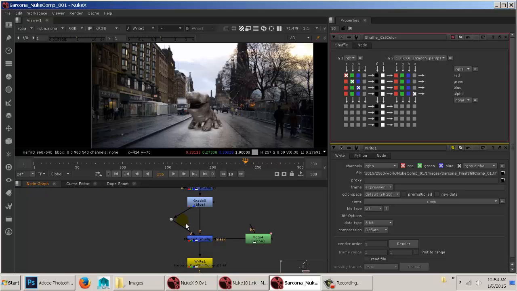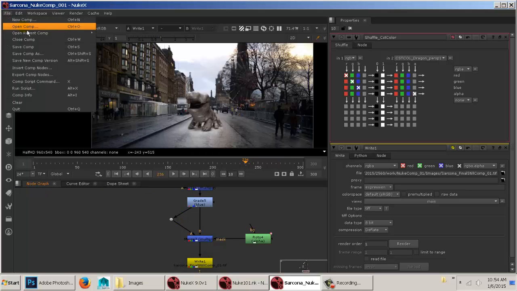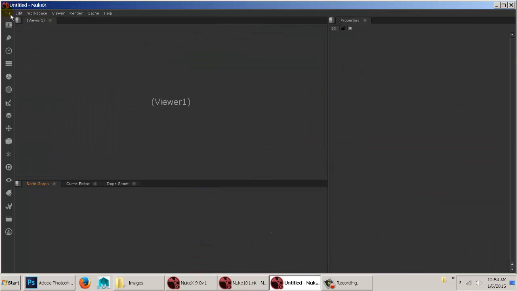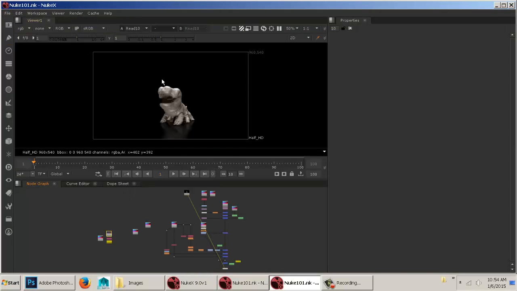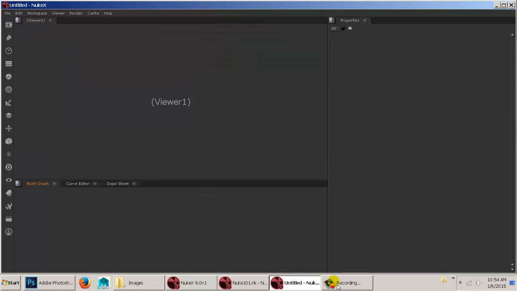Okay, so that's it. I'm saving my file. Nuke doesn't automatically save, but as I hit Control S every couple minutes, it'll save, and that's what I want. Okay, so there's your